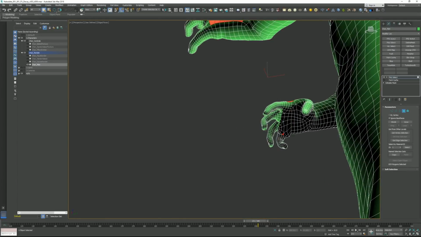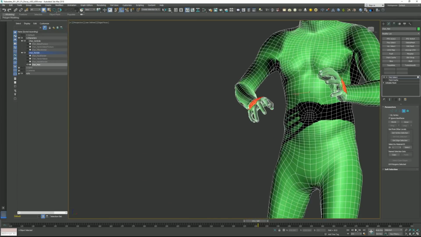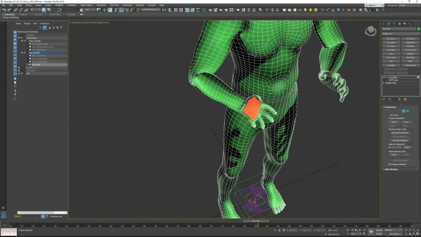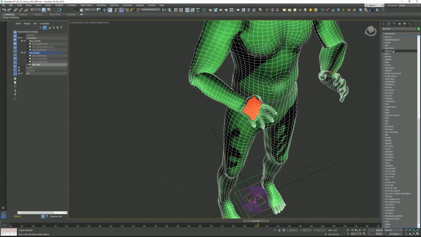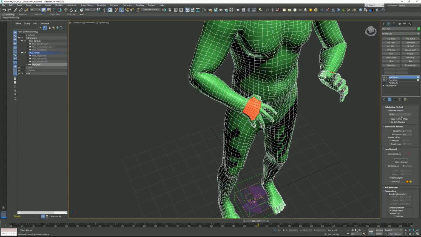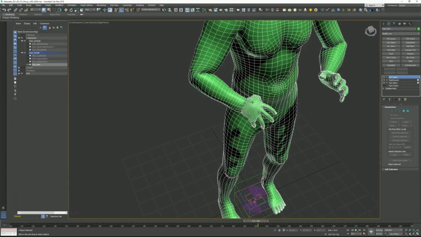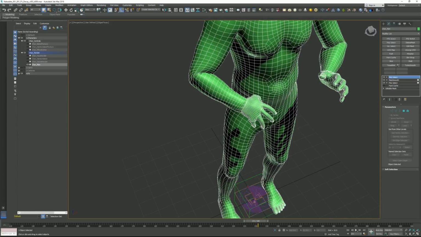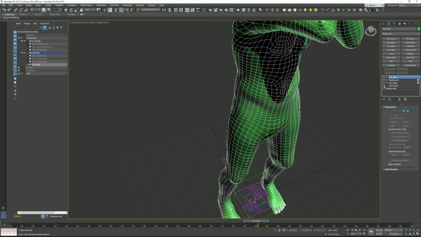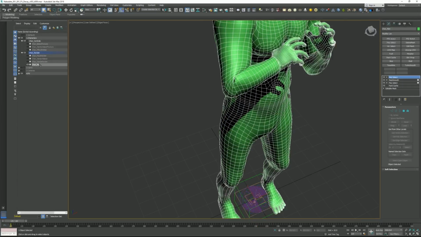So if we really wanted, we could do that, and then I'm going to do a mesh smooth rather than a turbo smooth. So mesh smooth, turn off apply to whole mesh, and then poly select, and we just added more geometry around there basically. So as you can see, it's just doing in that one section. Turn point cache back on, go to the beginning,